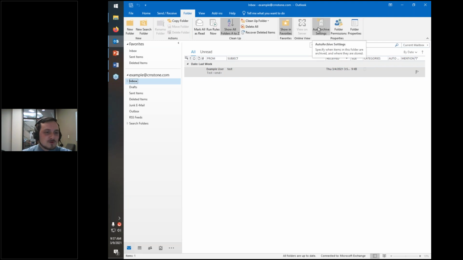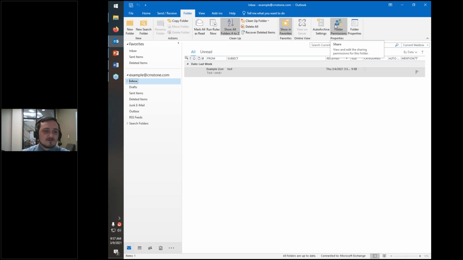Also, you get to different automatic archive settings in here. The archives, which we were talking about before, can be set up to rotate automatically, so like once every month, it'll automatically archive. This is something that I set up, but it's not something I recommend if you're not fully versed in how Outlook is organized. You can also set different folder permissions, and this is useful if you work in a larger